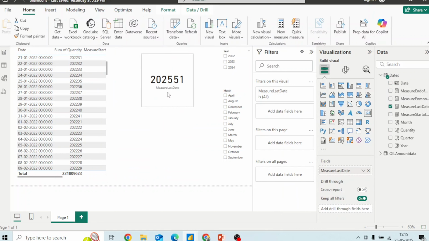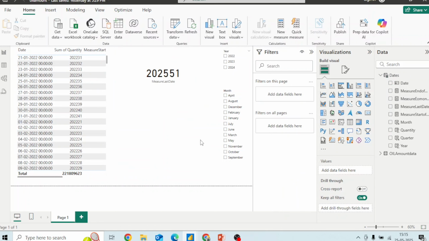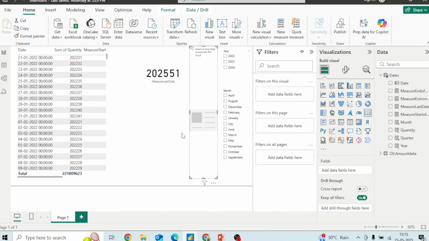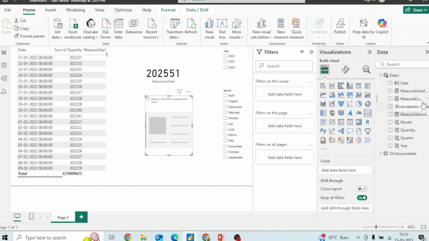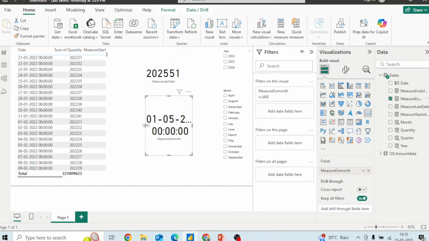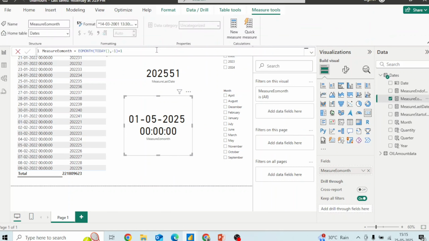Okay, and let me insert one more card, and let me resize this card. Okay, now what I will do, I will insert this measure EO date. Okay, see what this will return. Measure EO date, if I go ahead and remove the +1, you see today is 25th of May